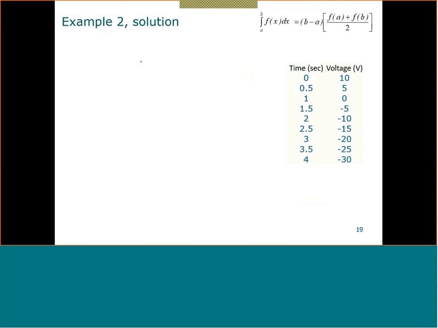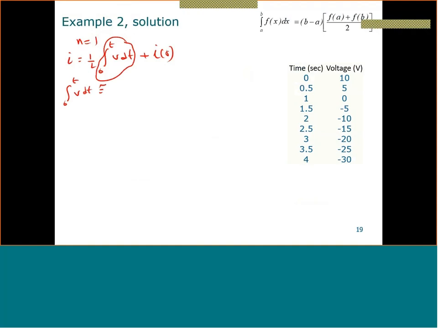Now, so this is your n equal to 1. We know that the current I is equal to 1 over L, the integration from 0 to t of the voltage, V dt, plus the initial condition, I of 0. So let's just take this out and find this out first, and then we will substitute in the full formula. So I need to take from 0 to t, V dt. So this is approximately equal to what? Equal to t, so this becomes B minus A. This is your B, and this is your A. So it becomes 4 minus 0